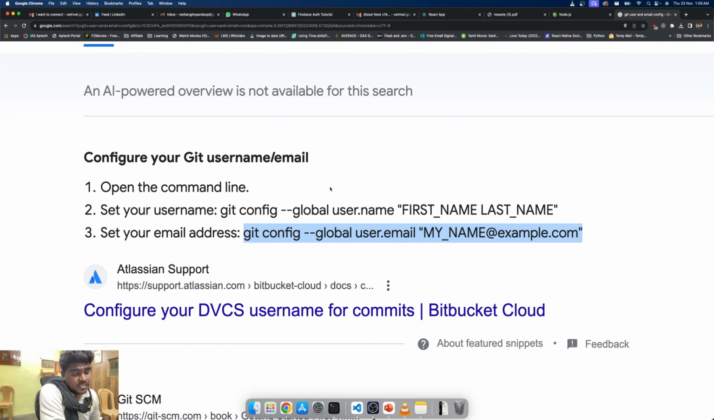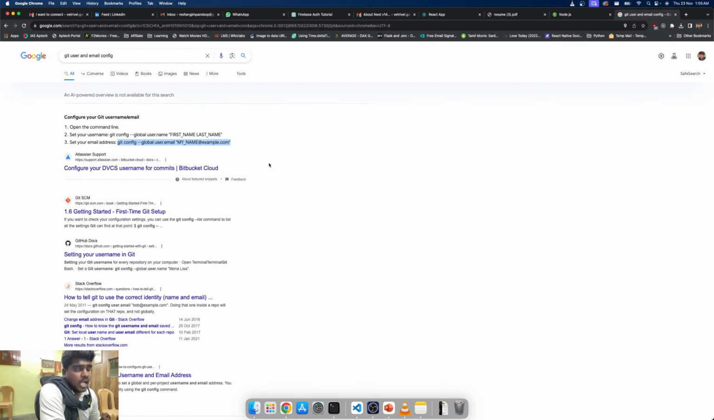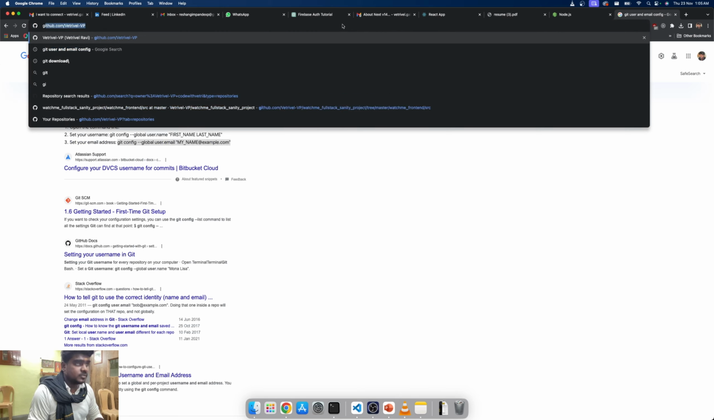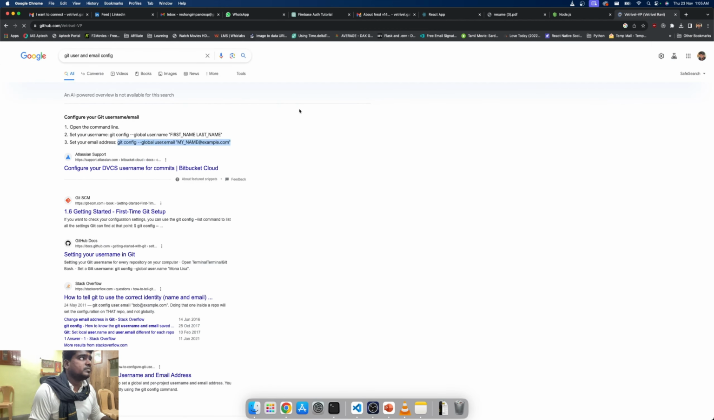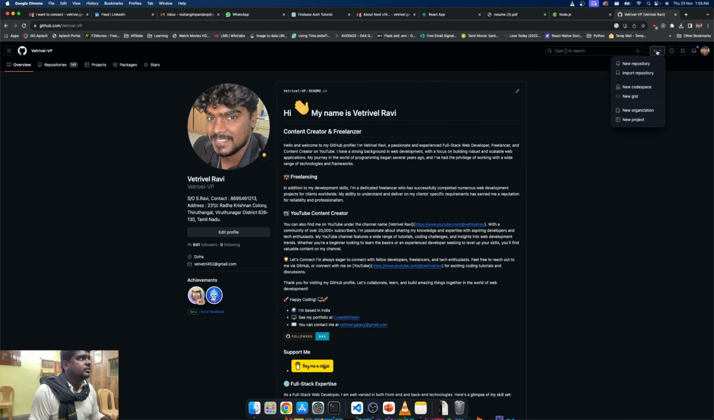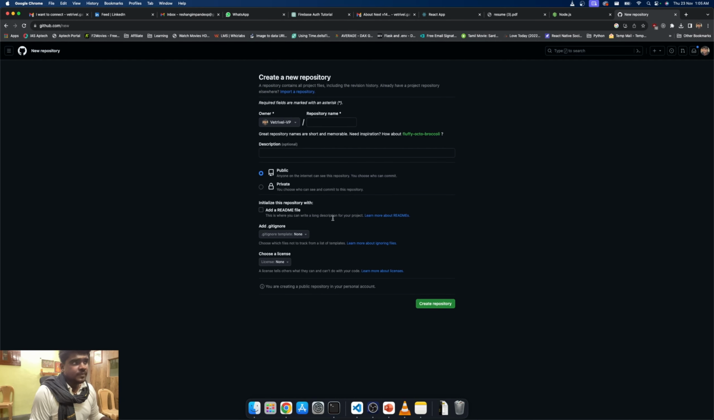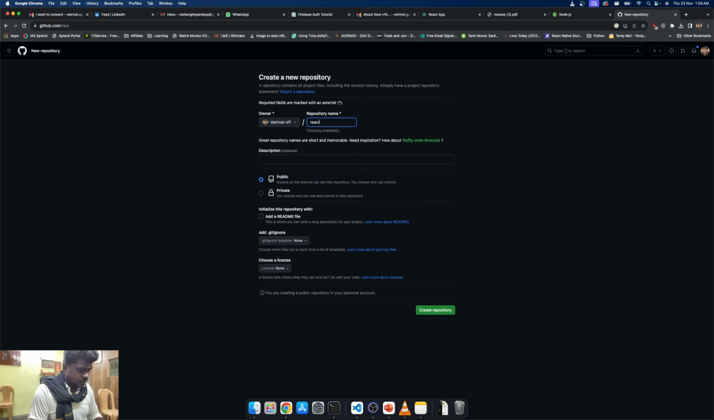Right, this is the very first step that you need to do once you have successfully downloaded and installed Git on your local machine, right? So this is what we need to do. Now we need to go ahead and create a GitHub repository for this particular project. So let me open my GitHub profile. I need to click here to create a new repository, and let's name this React full stack